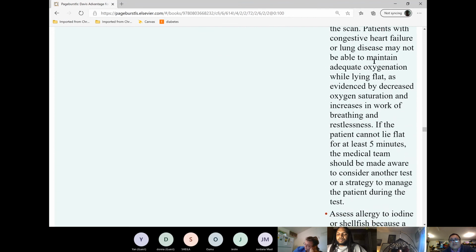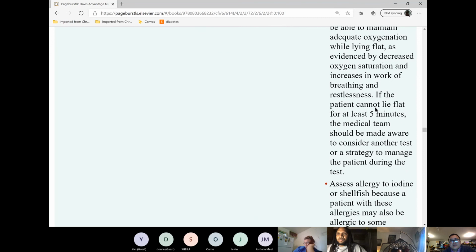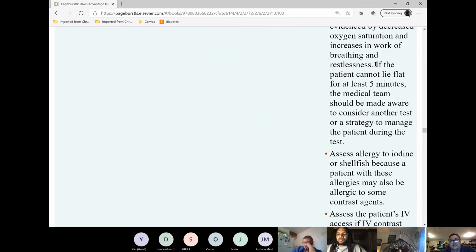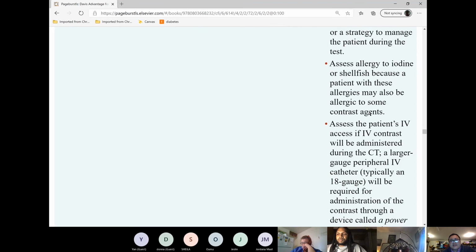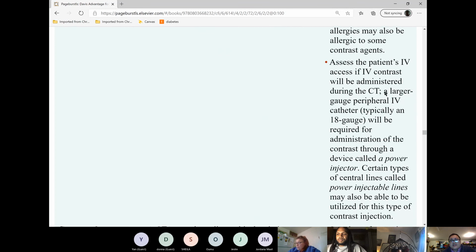We also have heart failure, making sure of oxygenation, because the patient will be flat when we put them in the CAT scan machine. And here, if the patient cannot lie flat for at least 5 minutes for the test, then consider another action. So here's the allergy,